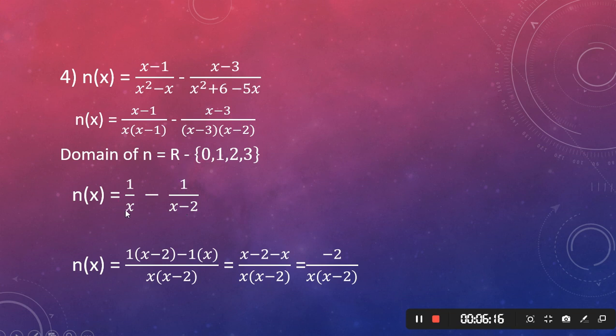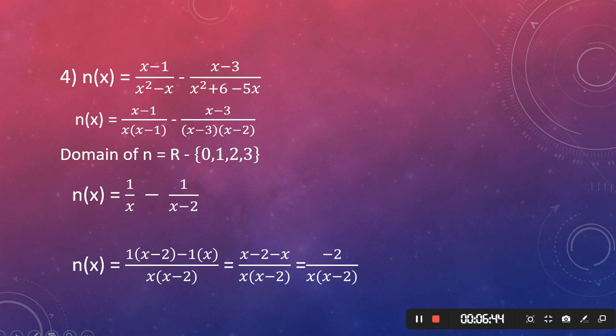Again, if the denominators are the same, put it as it is and add or subtract the numerators. What about if they are unlike denominators? We multiply the two denominators, x times x minus 2, like this. Then cross multiplication. 1 times x minus 2, put the sign